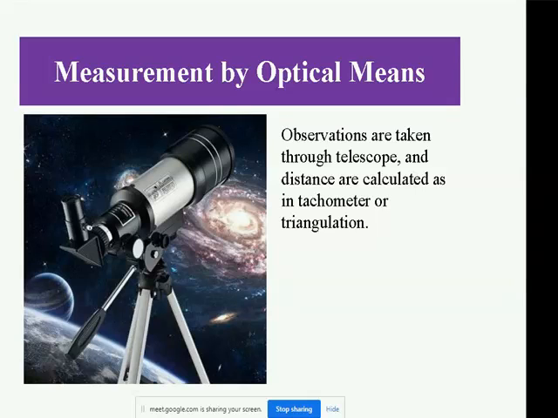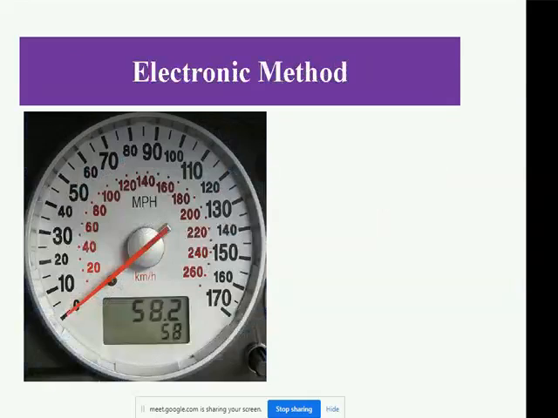But in the case of an electronic system, when the errors are reduced, there are still some chances of fault in the systems. And there is also another method of measuring distance, that is the speedometer of a bike. Whenever we travel a distance, it gives us the speed as well as the distance, so we can control our riding, and also we can measure the kilometers traveled.